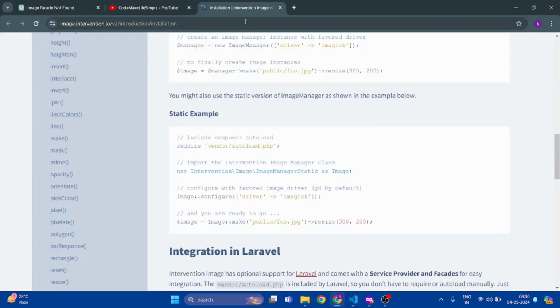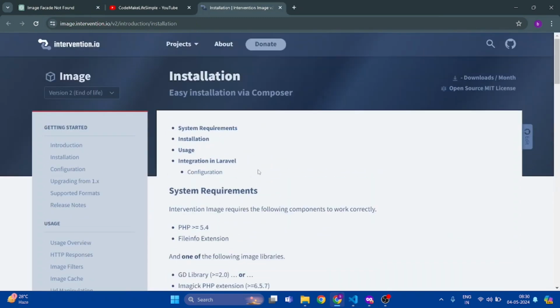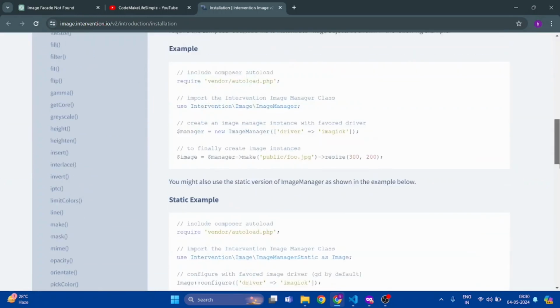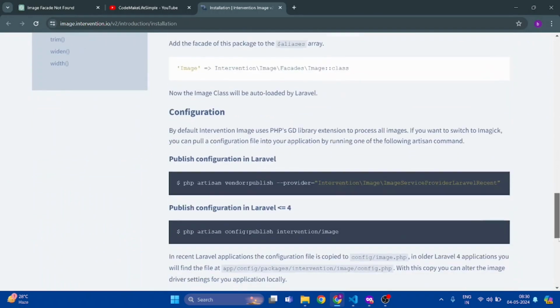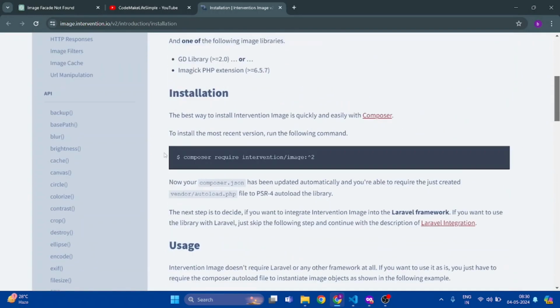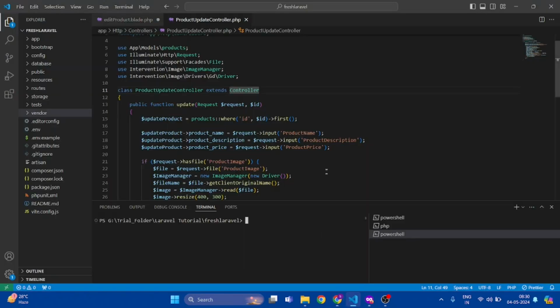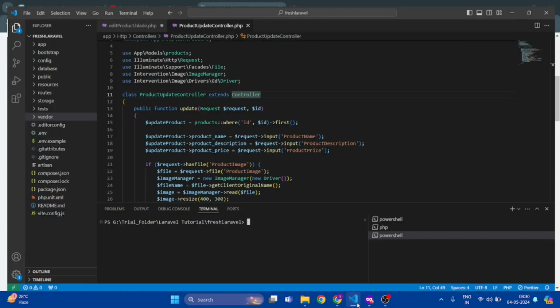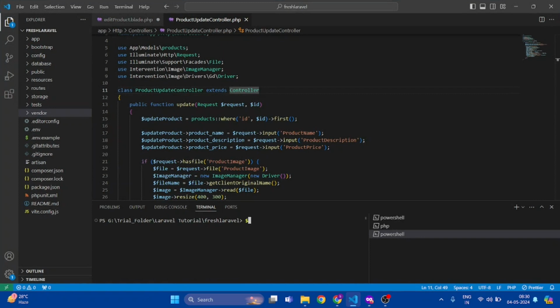And to do that, we are going straight to the Intervention installation documentation, which you can Google: intervention image composer, and it will be an easy installation via composer. And there you can find the documentation on how to use it as well. And to install it in my Laravel application, you can get this command, or you can use it like here. I'm going to use it like composer require intervention